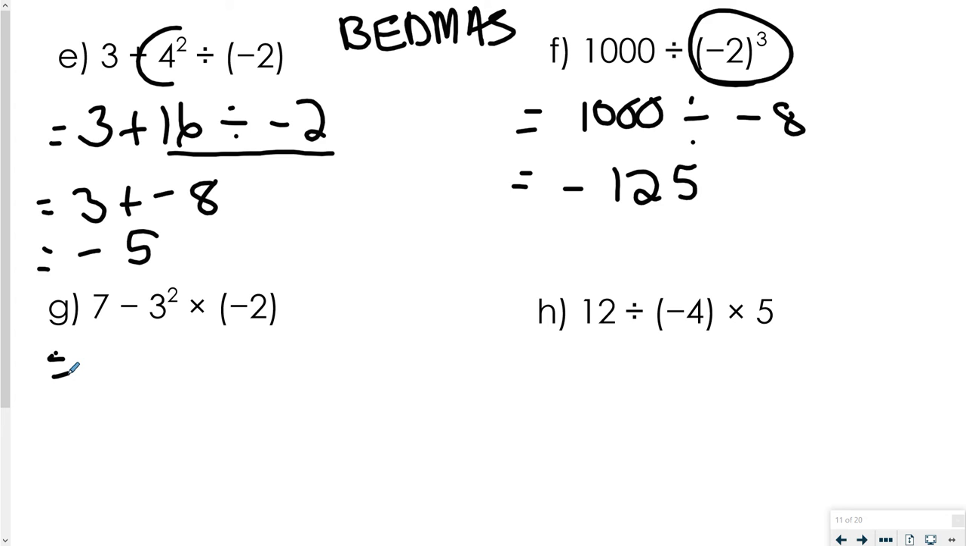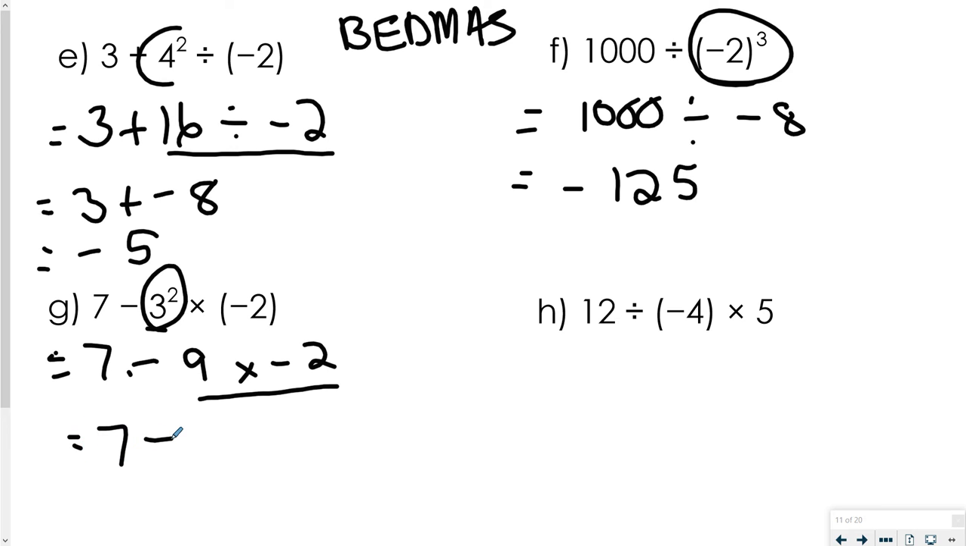Down here, the first thing we're going to do is the power. Notice the power is only touching the 3. Okay. So what I have is 7 minus 3 squared is 9 times negative 2. So I'm going to do 7 minus 9 times negative 2. Notice this is a subtract sign, not a negative sign. Okay, a lot of people get confused with that. Just slow it down and look